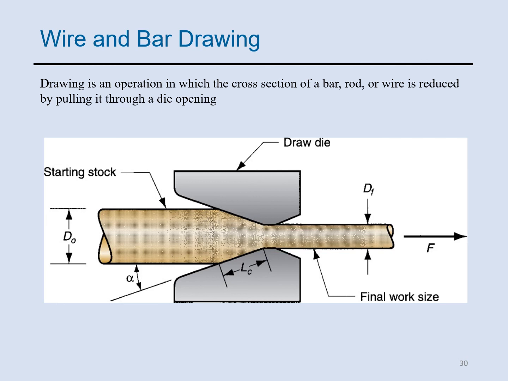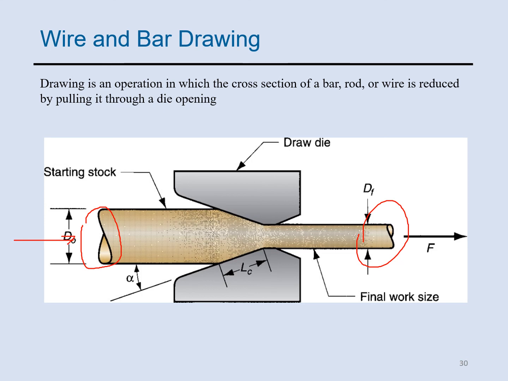The difference between this process and extrusion is that the work is pulled through the die in drawing. However, in extrusion, the part is pushed through the die. So that is the main difference. As you see, the force is here, so we are pulling the workpiece. But in the extrusion process, the ram is located here and it's going to push the part